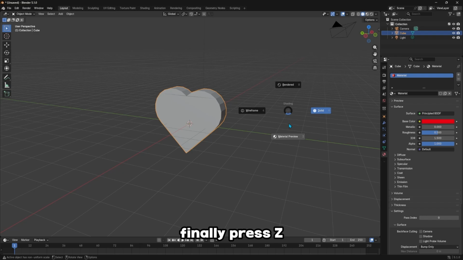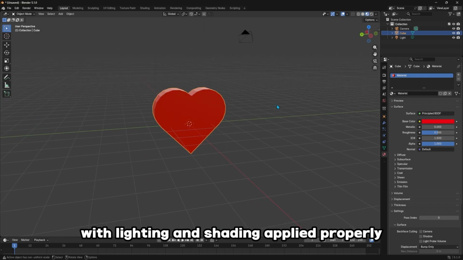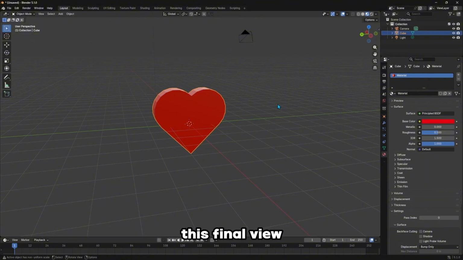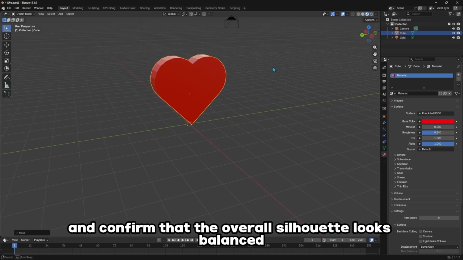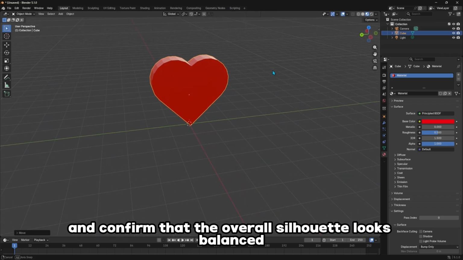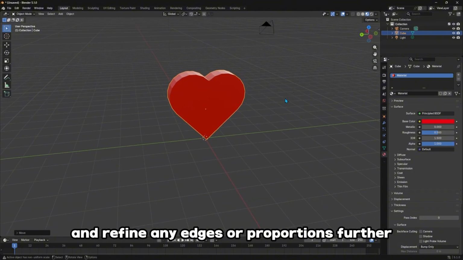Finally, press Z and switch to Rendered View to preview your completed heart object with lighting and shading applied properly. This final view allows you to check the smoothness of the curves and confirm that the overall silhouette looks balanced and symmetrical. If needed, you can return to Edit mode and refine any edges or proportions further until you are